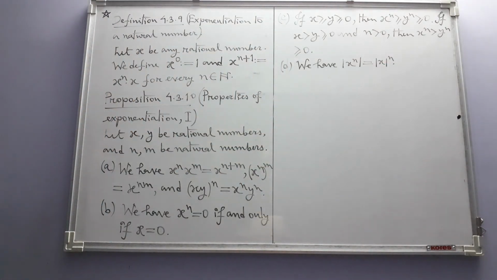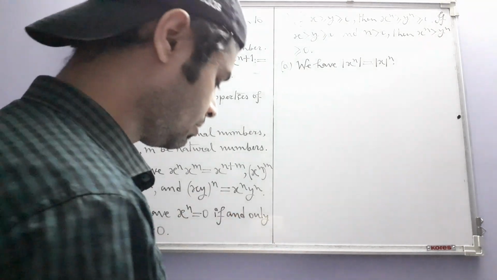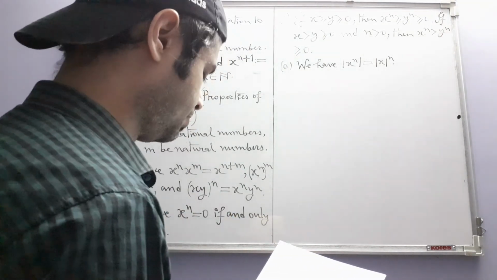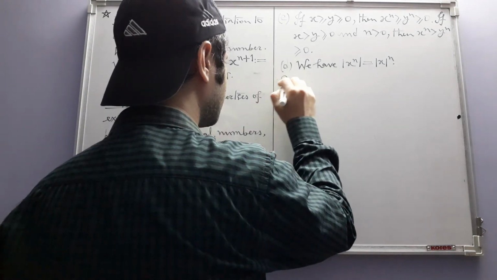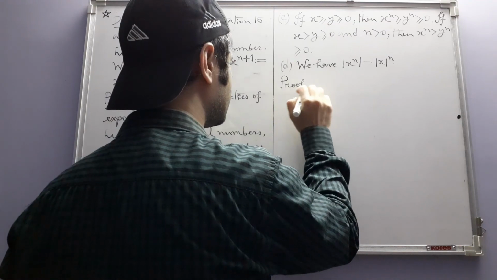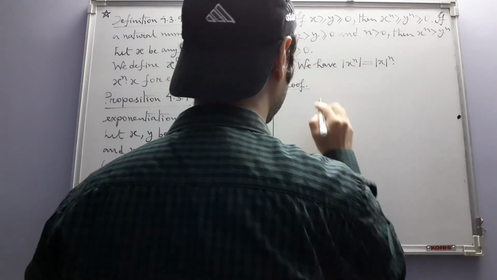Okay, so this is proposition 4.3.10, properties of exponentiation, where the exponent is a natural number. What about its proof? For its proof, see